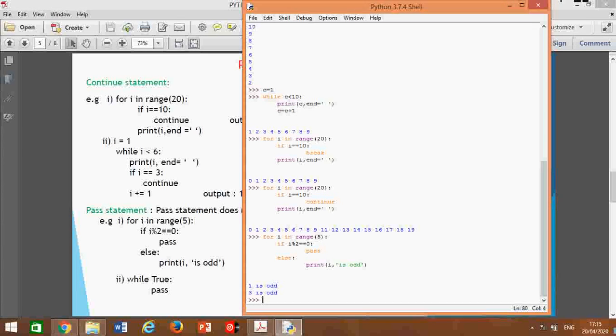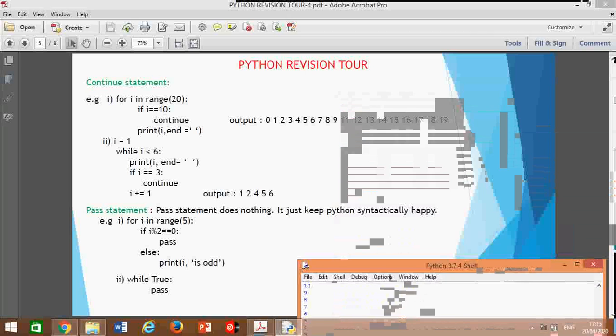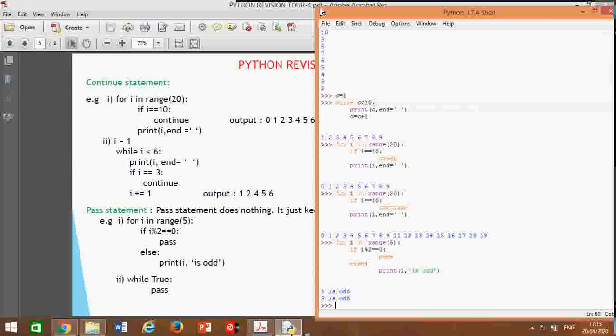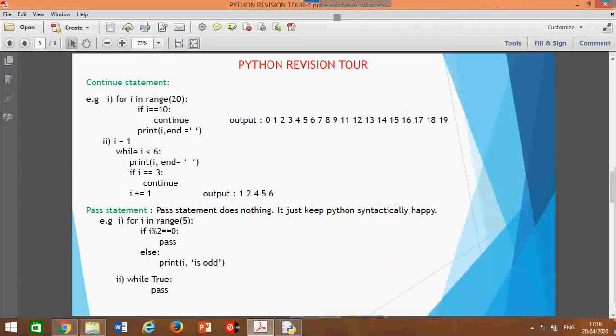It means when it is divisible by 2, it does nothing. It just passes the statement. Okay, this is just to make the compiler happy. Pass means does nothing, it just helps make the compiler syntactically happy. Okay. Next,